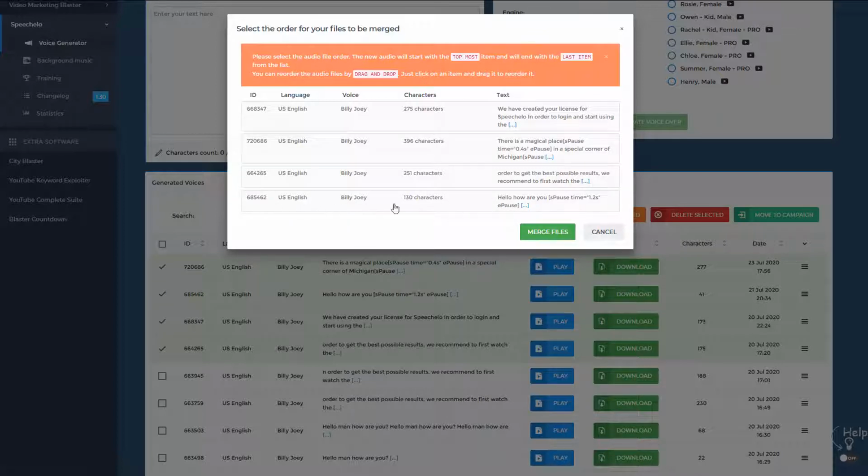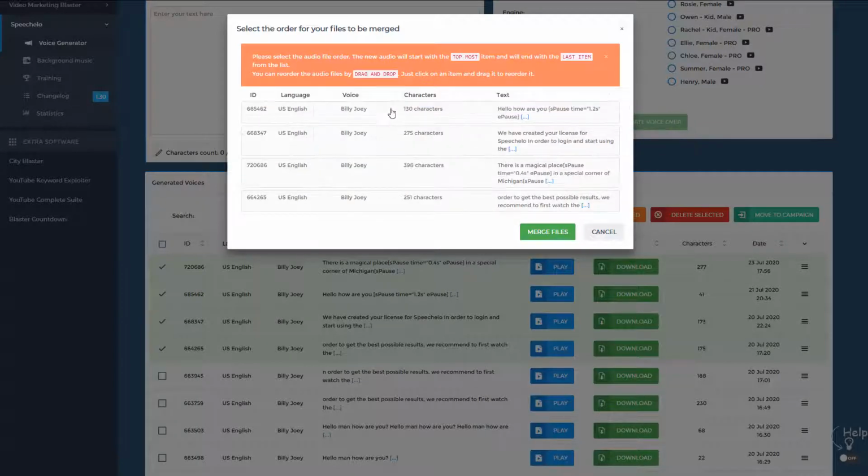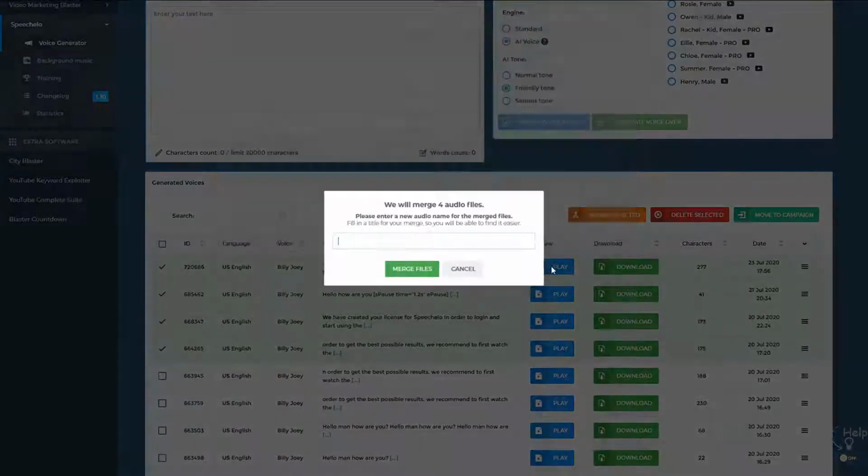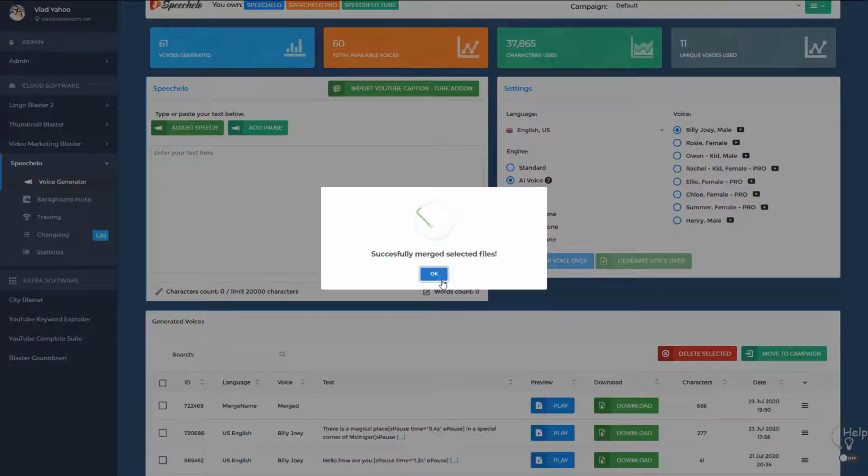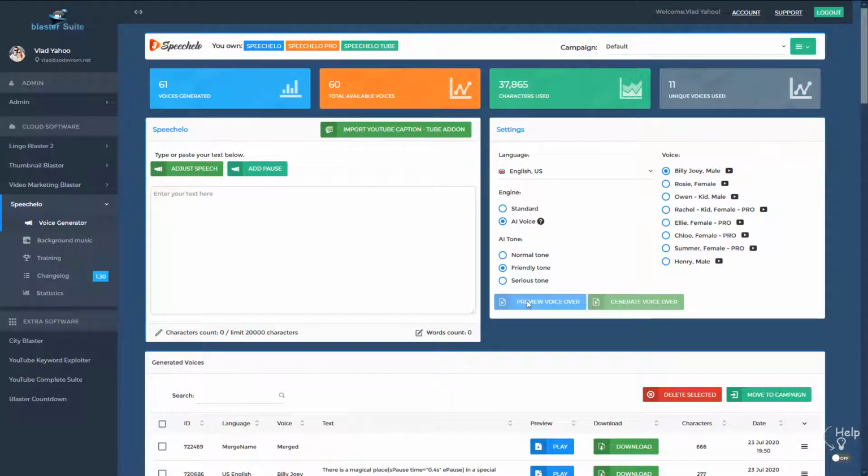So let's say if this text, hello, how are you, should be first, then you simply drag and drop it at the top and click on merge files. Now you select a merge name and hit merge. And that's it. Alright, so don't forget that you can now work in multiple campaigns and